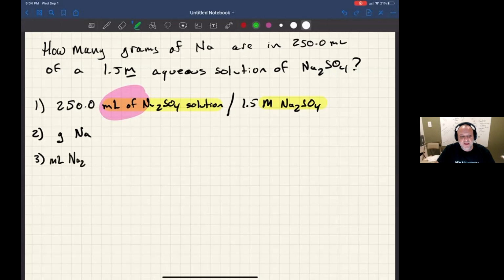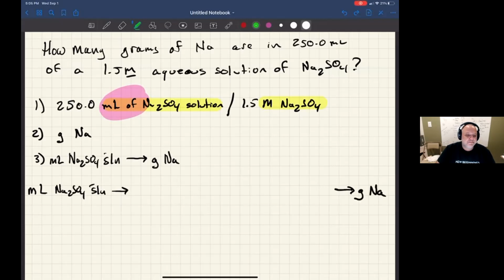So the basic plan is to get us from milliliters of sodium sulfate solution to grams of sodium. If I expand it out, starting here and ending up there, I have to fill in the middle, and it's going to take several steps to do that. One of the things about conceptual planning is that you should be getting to the point where you can do it from either direction. You can fill it in from the front, go from milliliters to what's next, or you can even go backwards. One thing that I tell students is that we can always convert grams to moles. And so if I want grams of sodium, then I can always have converted that from